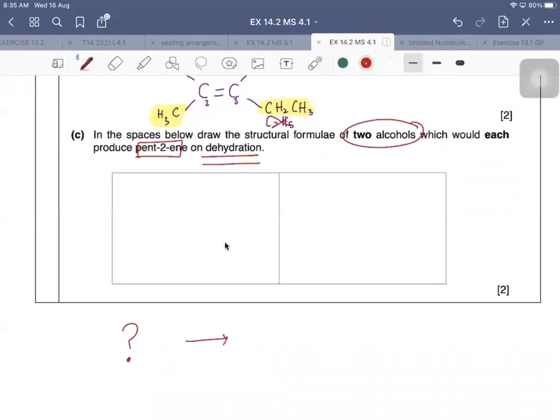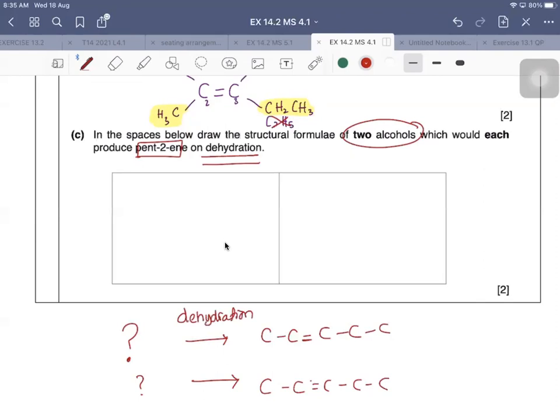Okay, to form pent-2-ene is this, right? So there are two alcohols that would produce pent-2-ene. We are not concerned with the cis and trans here, we don't have to worry about that, but we need to find the two alcohols that would give this pent-2-ene. So that process is called dehydration,